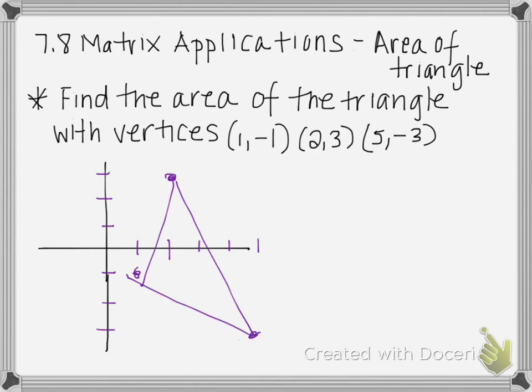If we think about it, we could find the area of this triangle. We could use the distance formula to find the measure of one of the sides. Now, presuming that this angle is not a right angle, we're going to have to work to figure out what the height is. And just briefly talking about that, I would need to know this line here. I'm highlighting that line. We would need to know its slope, and then we would need to find the equation of the line that goes through this point